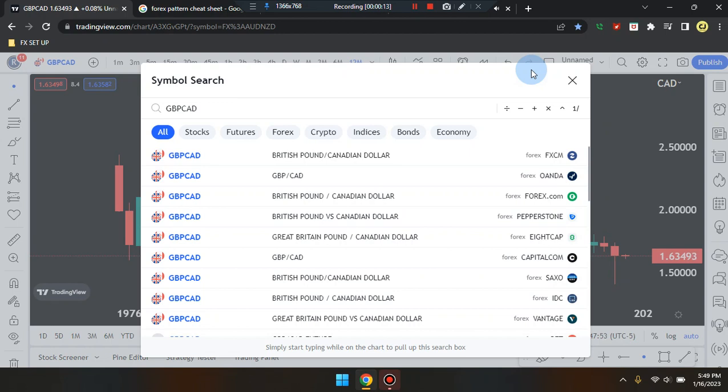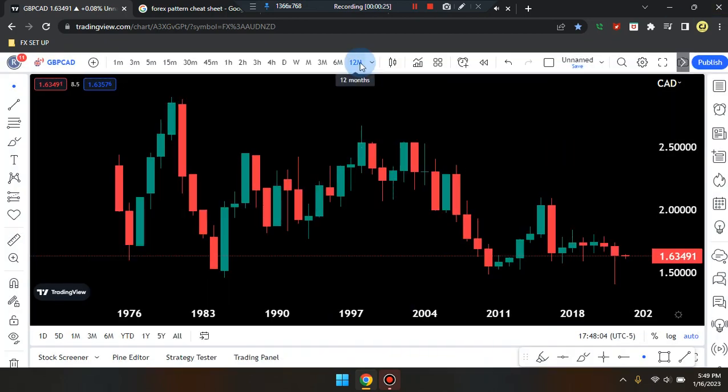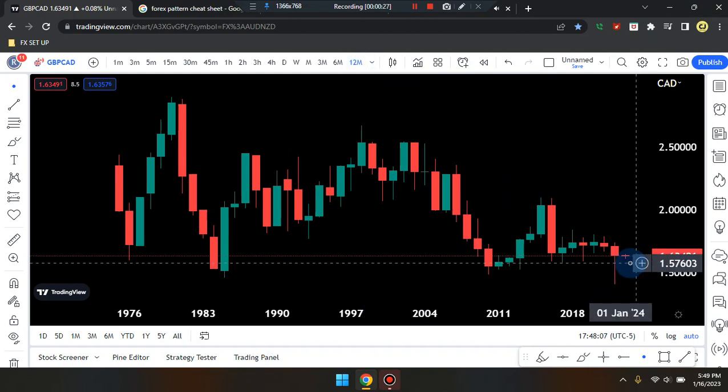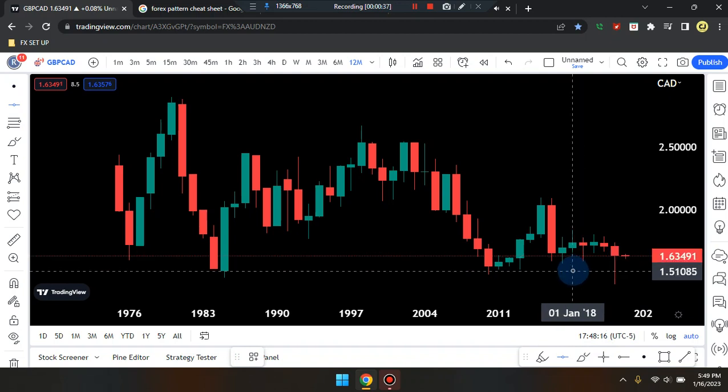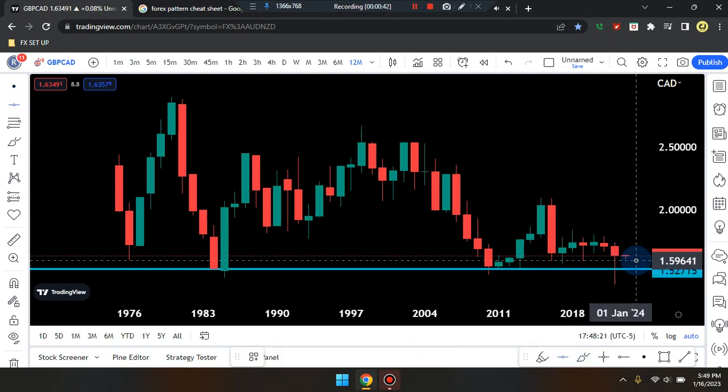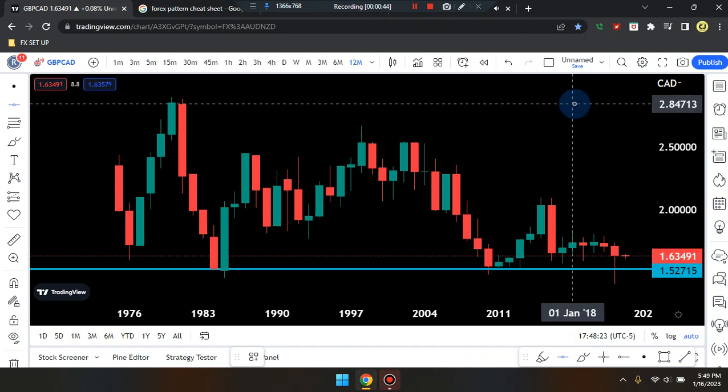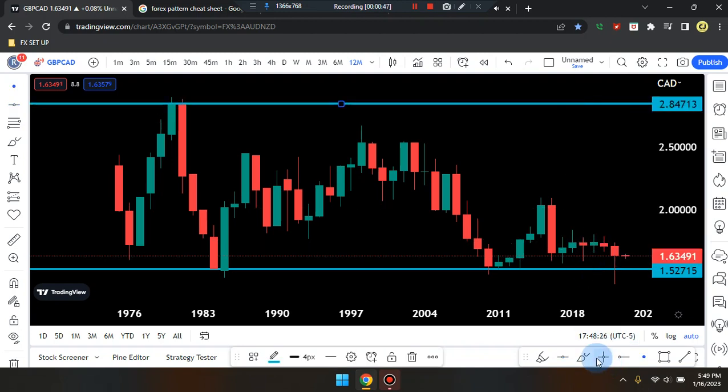Okay, everyone, this is Cam Jones, FX Daily Analysis, and we are marking up GBP/CAD. We are on a 12-month time frame. Price action, last candle to the right-hand side is a bearish red doji cross. We do have price action overall, lower lows, price action overall, higher highs,